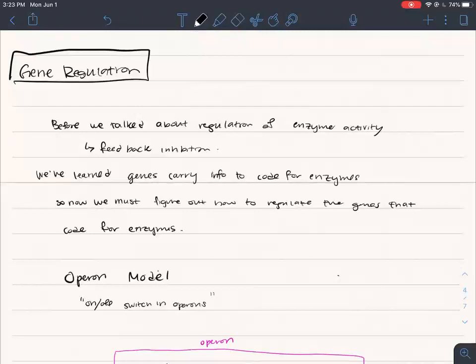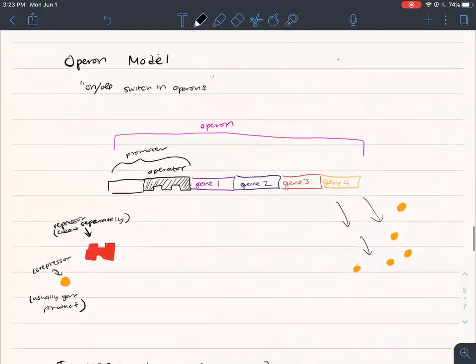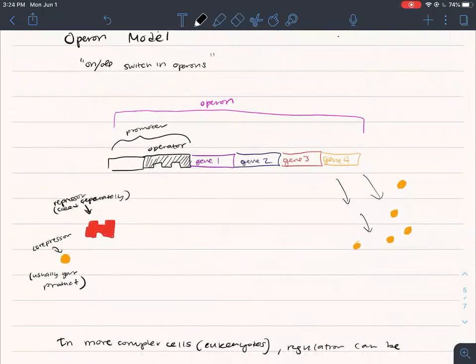So mostly for prokaryotes, we use something called the operon model, where we have these genes that are all functionally related to create specific enzymes, and they're all connected, and they all have a promoter and an operator. So basically what happens is, without any sort of repressor on our operator, these genes can function normally, and it will transcribe and translate as normal. But then once we've created enough, our co-repressor, which is usually the end product of this whole thing, can go